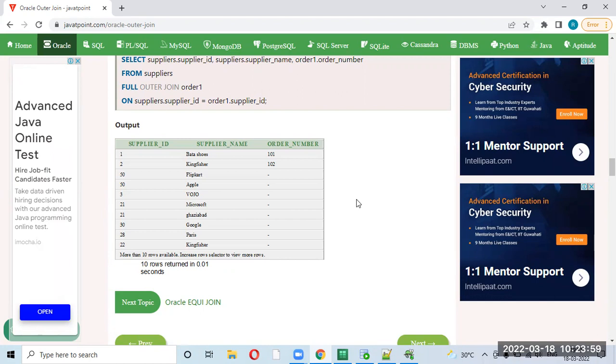Normally we go for 45 classes, but it's not mandatory that it will end by 45 classes. In some batches it gets extended, in some batches it might get over a little bit faster.